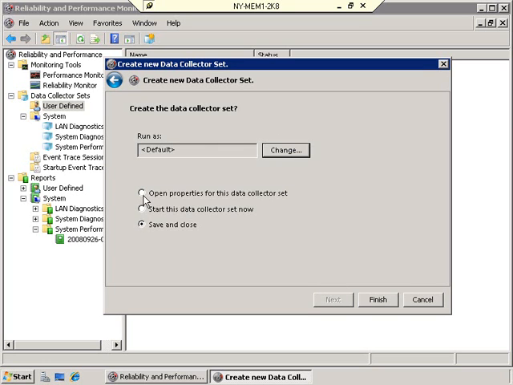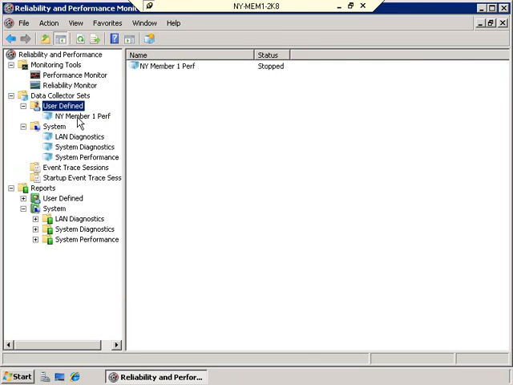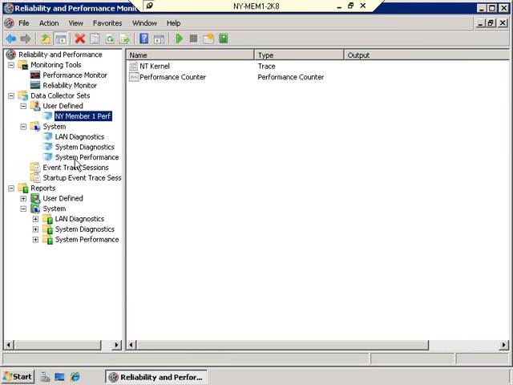I can either open the properties to make further modifications to this collector set. I could start the set right now, which means I'm actually starting it, I'm actually running it. Or I could simply save and close. So I'm going to select Save and Close and click Finish. And I now have a collector set which at the moment mirrors the system-based one,